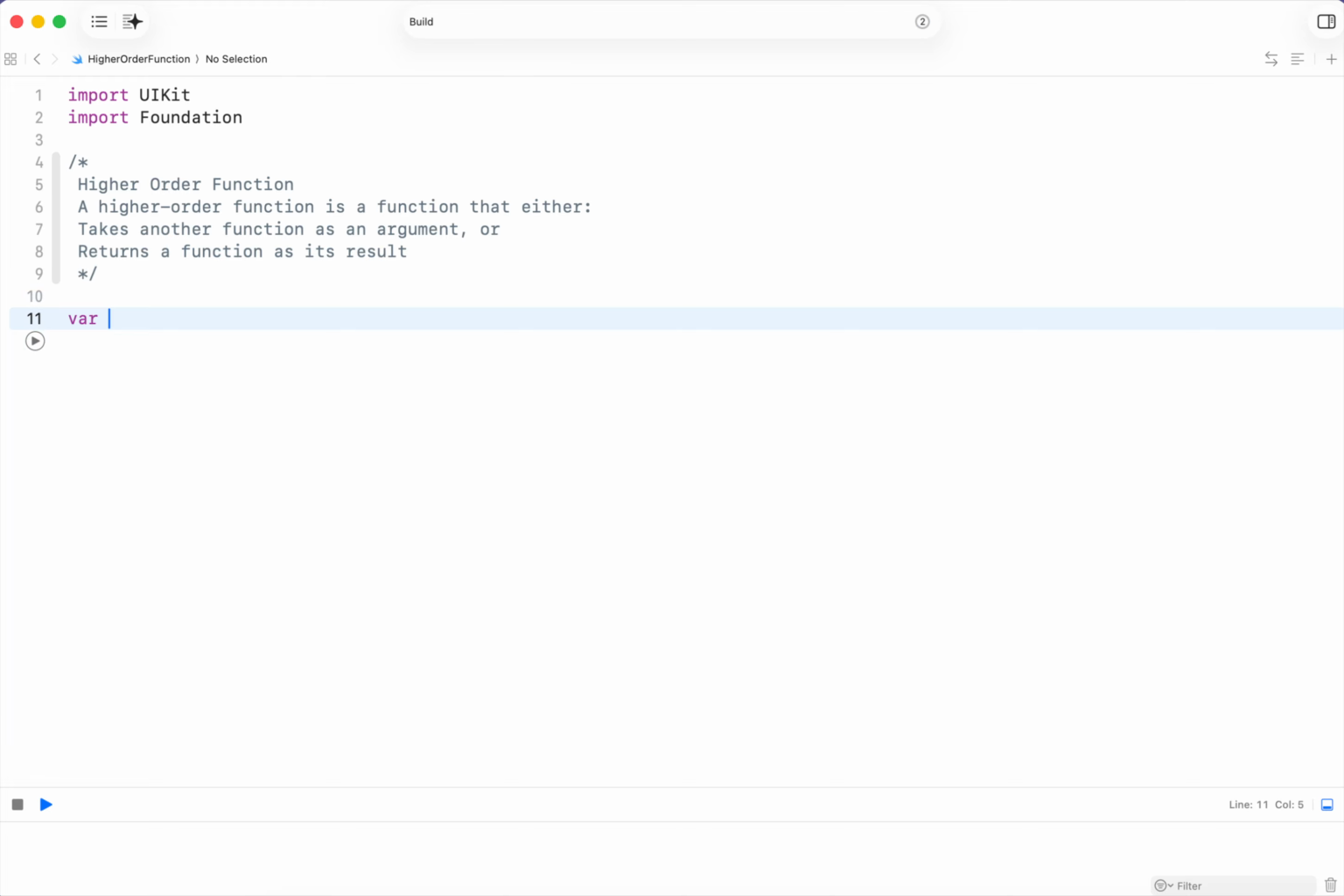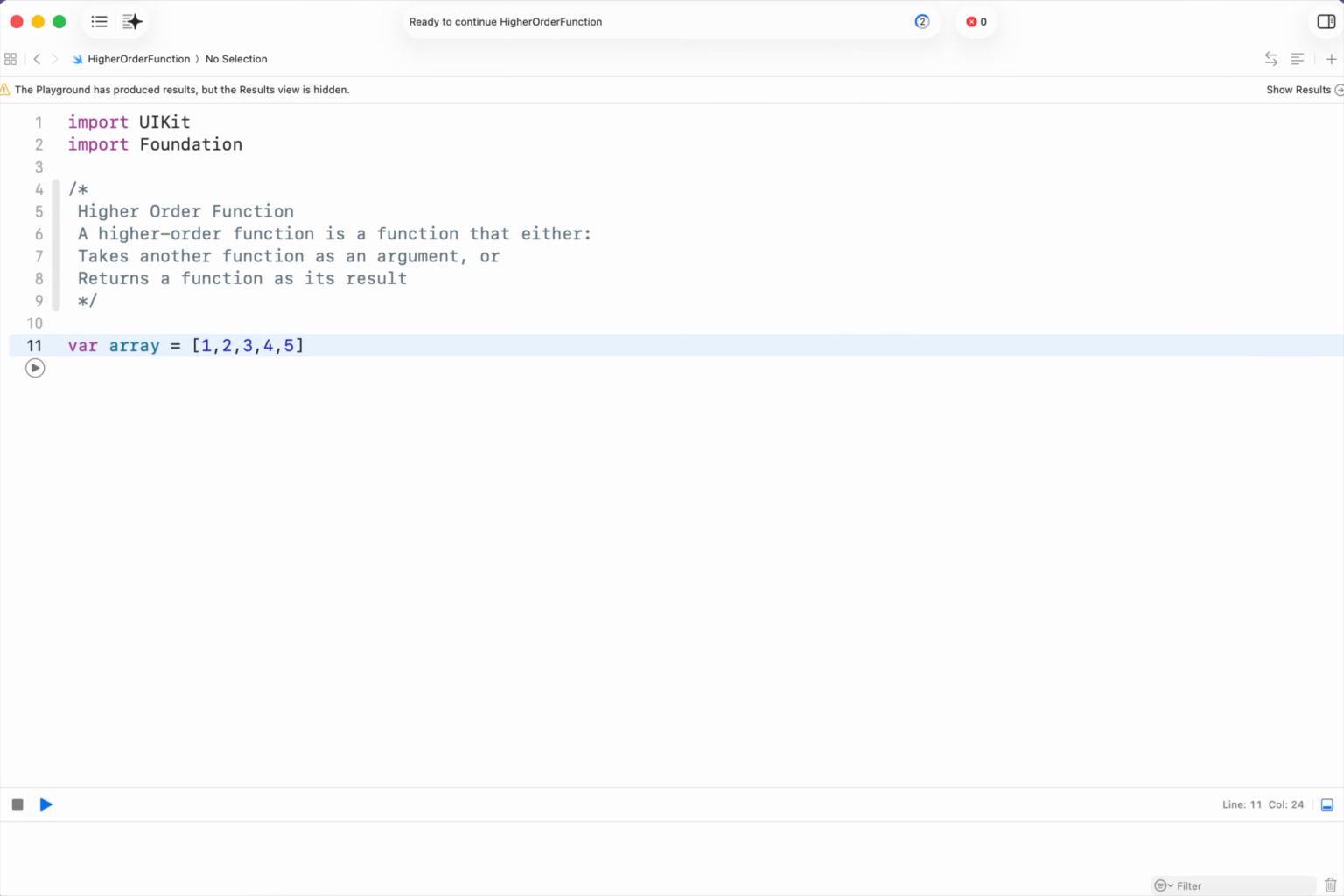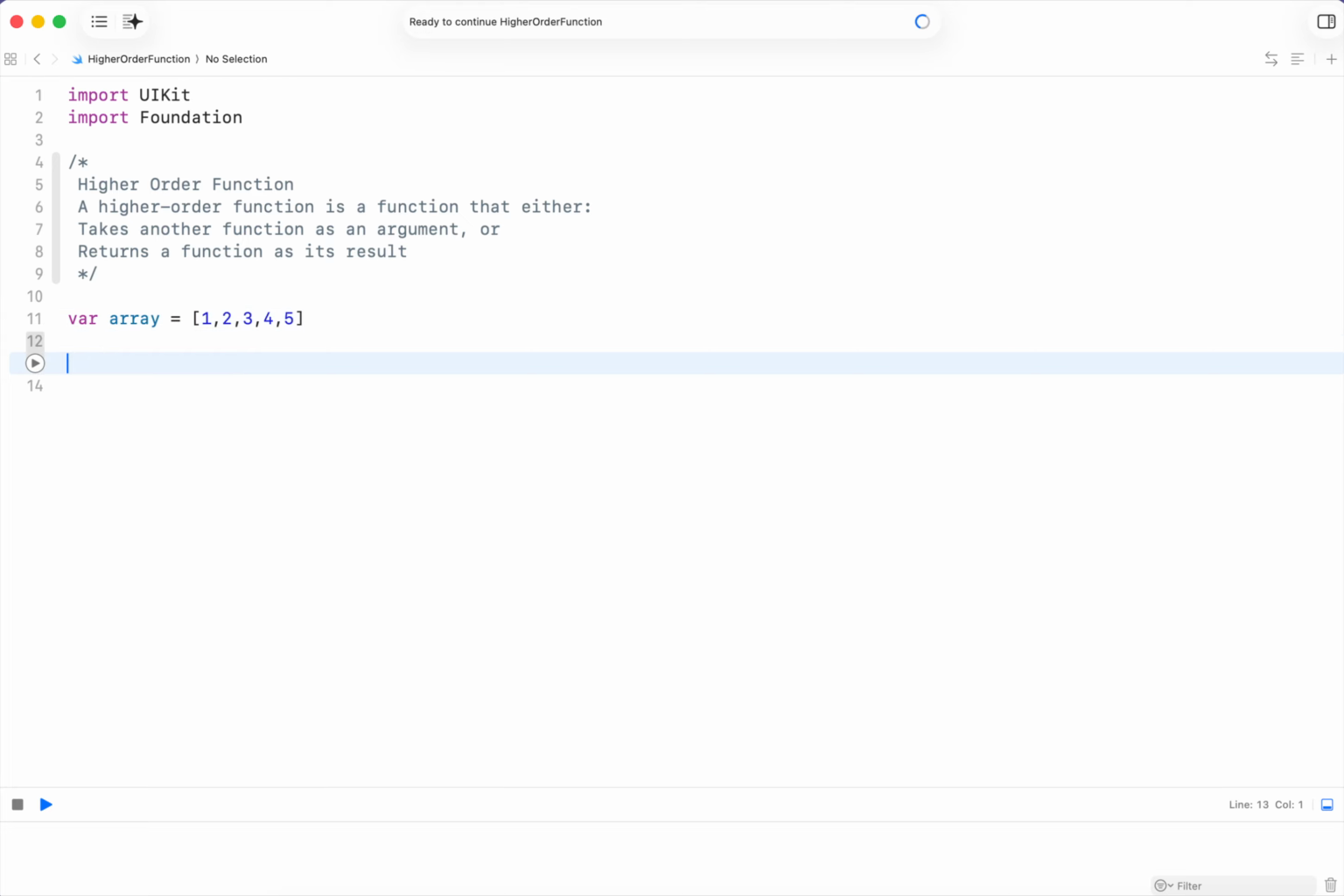Okay, I will do it. So let array be equal to 1, 2, 3, 4, 5. For instance, the interviewer may ask you to write your own custom filter. So what you are going to do is, first of all, simply write the original filter function which is provided to you. So I will have a filter array and I will say array dot